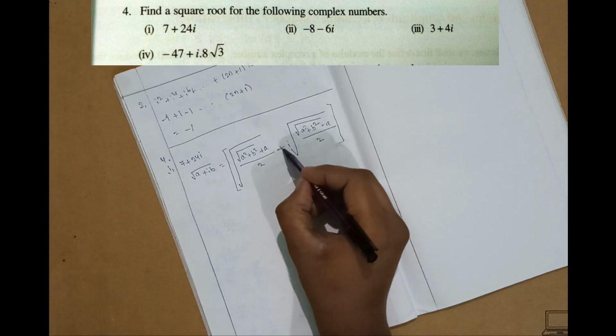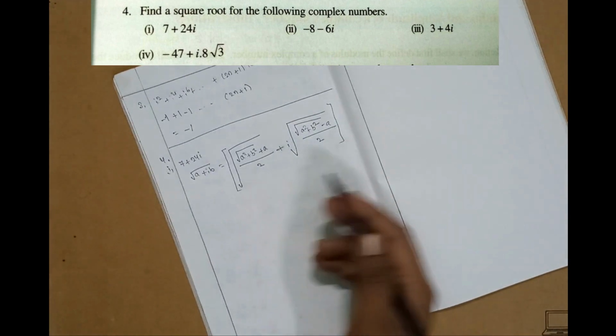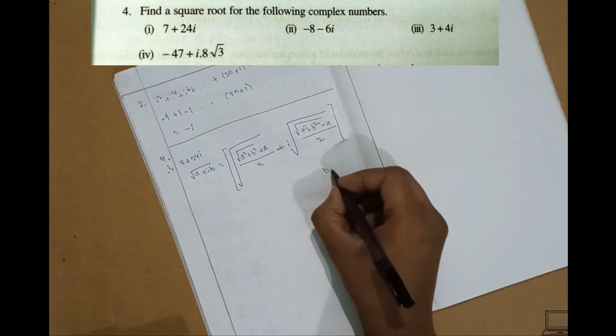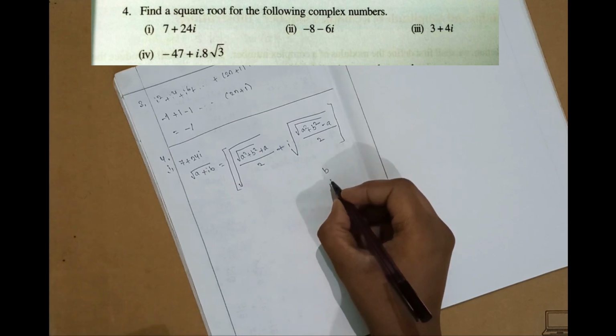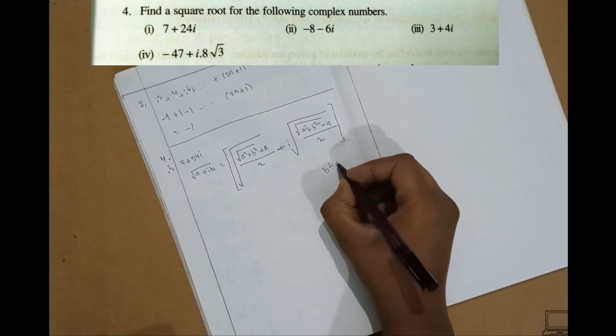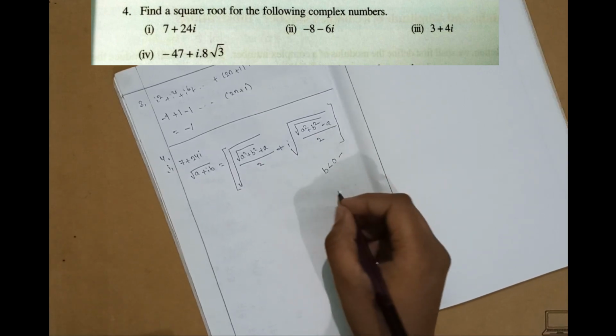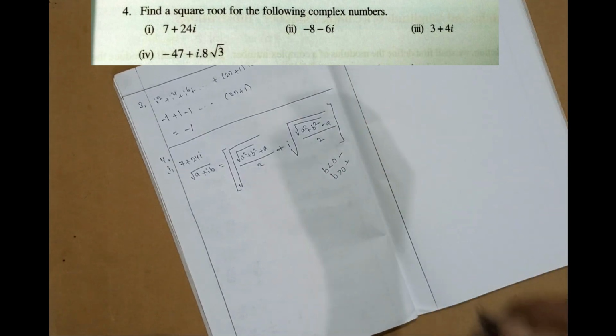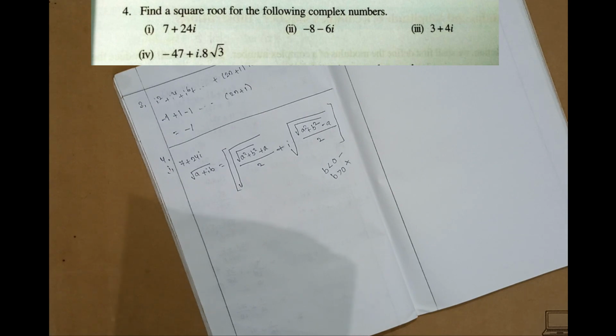The plus and minus between these two terms will be decided by the b. If b is less than 0, then we will keep minus. If b is greater than 0, we will keep plus. This formula you need to keep in your mind. This will help you in your future exams. This type of questions may come in 2 marks also. So the first one is,